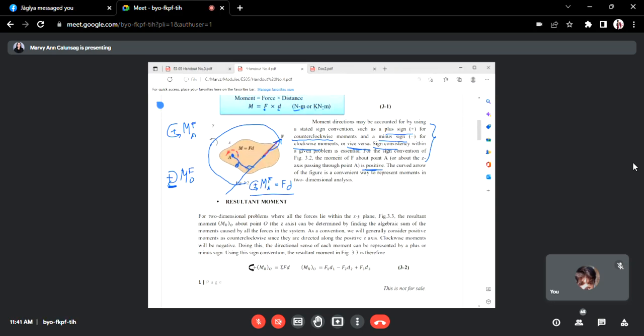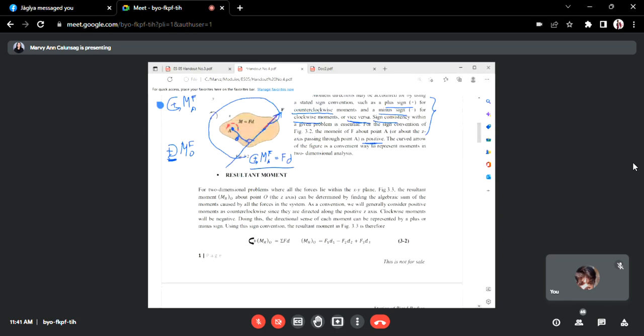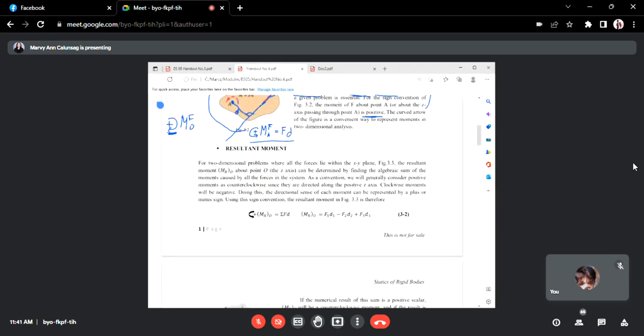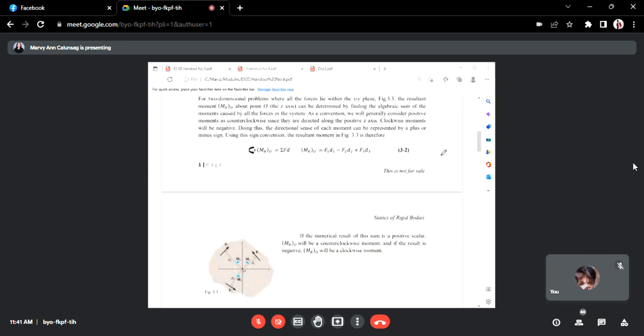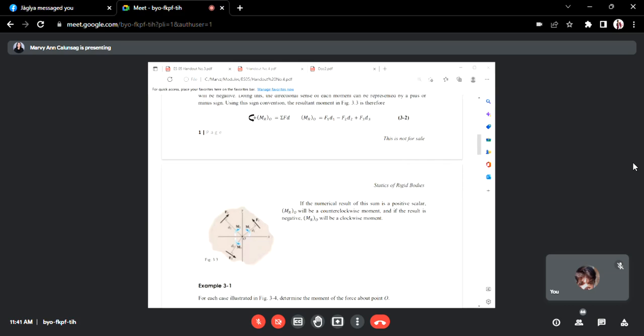Then the resultant moment. This is still scalar. For two-dimensional problems where all the forces lie within the xy plane, the resultant moment about point O: if we have two or more forces, we take the summation of moments of all the forces about a specific moment center. In this illustration, figure 3.3,